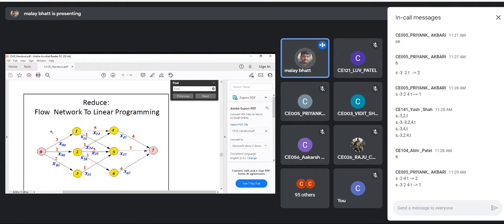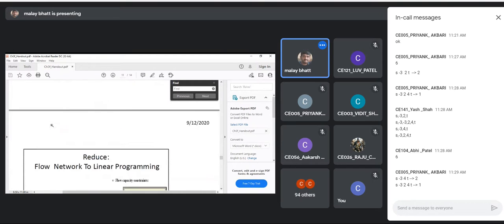right? So we are taking the variables. You can see x01. So I am using a variable name x01 for node 0 to 1. Similarly, x02 for path from 0 to 2. Similarly, x03 for 0 to 3. Similarly, 1 to 4, so I am using variable x14. Similarly, from 1 to 5, x15. And last, if I consider from 6 to 7, x67. This is how for every edge of the flow network, we have one variable name associated with it. Clear? Now, from this graph, we have to write the equations, right?